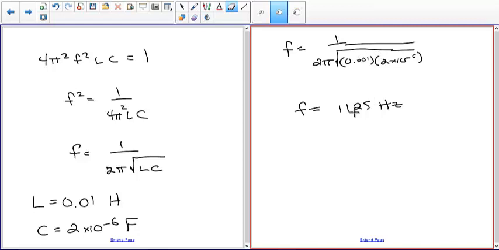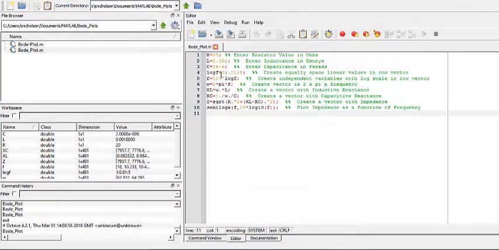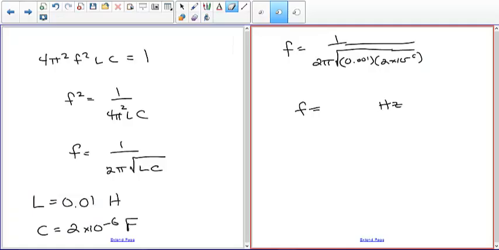So let me fix that. I think I had two. Let's go back to my thing here. So I had 2 times 10 to the minus 6 and 0.001. Okay, so using those new numbers, I'll get 1 divided by 2 pi times the square root of 0.001 times 2e to the minus 6 power,